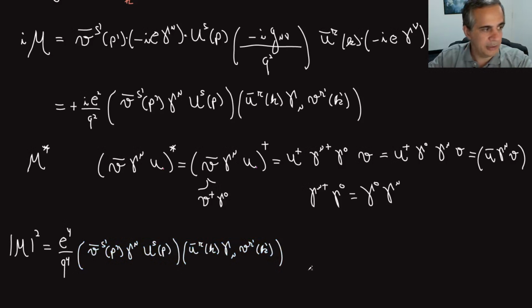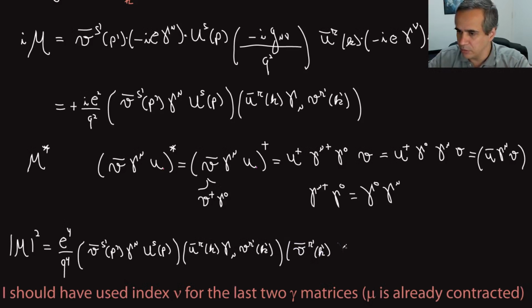Is this readable? Yeah. And of course, now when I take the dagger of these guys, I just have to exchange them. So I'll have V bar r prime k prime gamma mu u of rk, which is the complex conjugate of this one. I have a lot of hidden indexes for the matrix multiplication there, but I don't care about those. And now I have the complex conjugate of that one, which will be